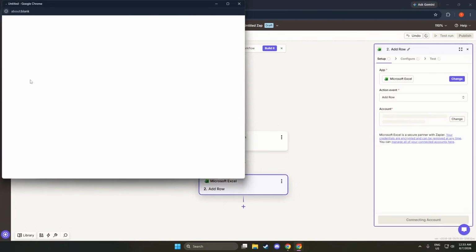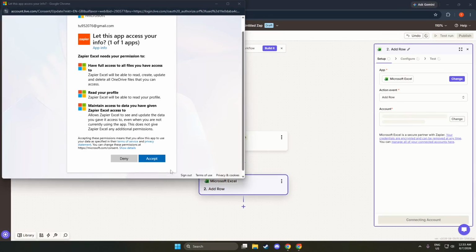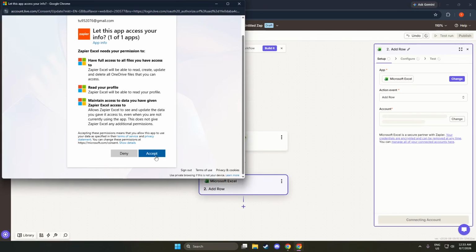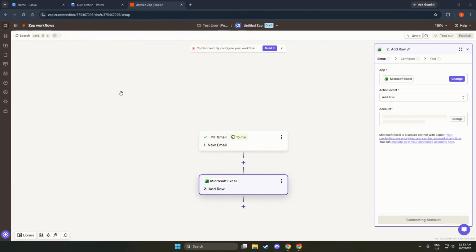With the action defined, connect your Microsoft account. Click the Connect button, sign in with your Microsoft or Office credentials, and approve access. When it succeeds, your account name appears in the dropdown, and the Zapier editor reloads so the Excel-specific options become available. If you use several Microsoft accounts, check that this one actually owns or can edit the workbook you plan to use.